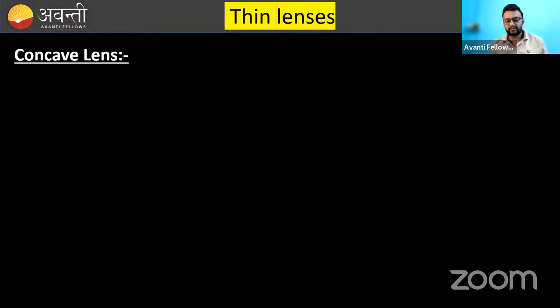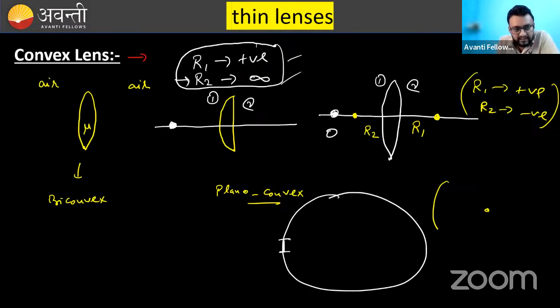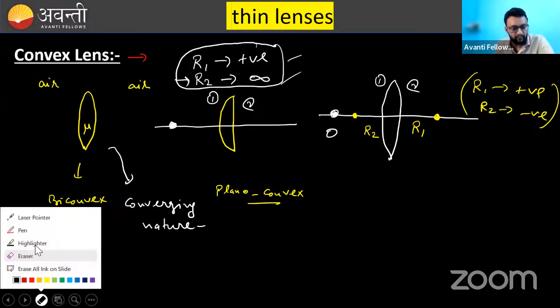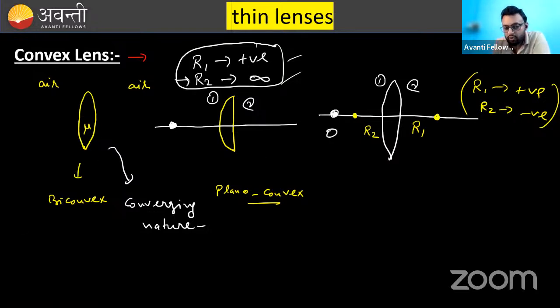Now moving further for concave lens. One more thing I will describe here. Listen to me. This lens has converging nature. Write down every point. Has converging nature. Now, there is a thing that is to be noted. Again, very important thing. What I told you, this convex lens is of converging nature. Now, there is a situation. This is a lens, which is convex lens,